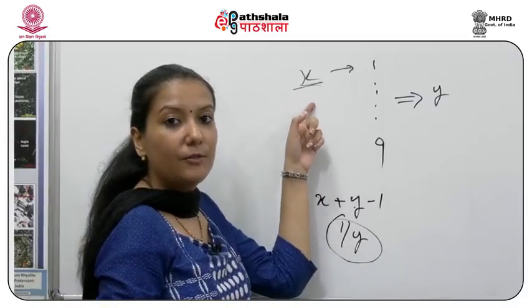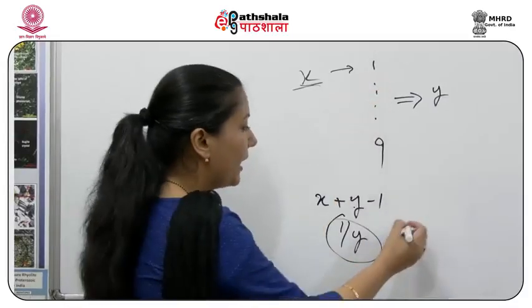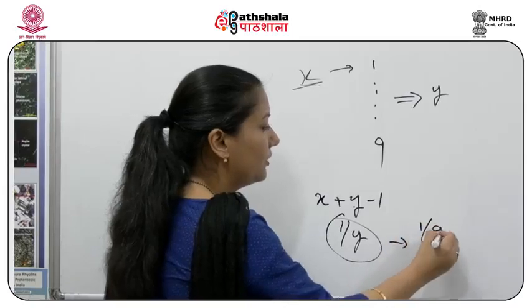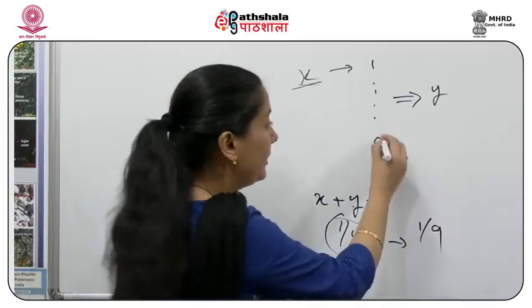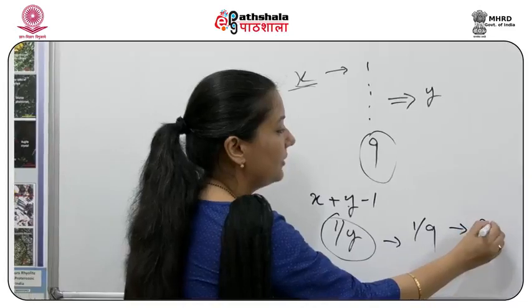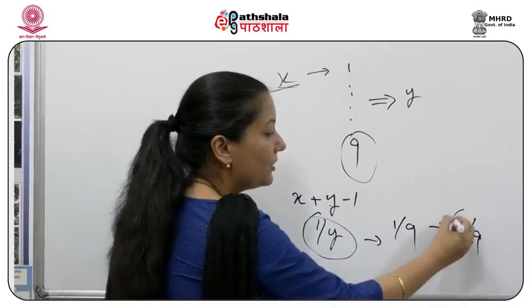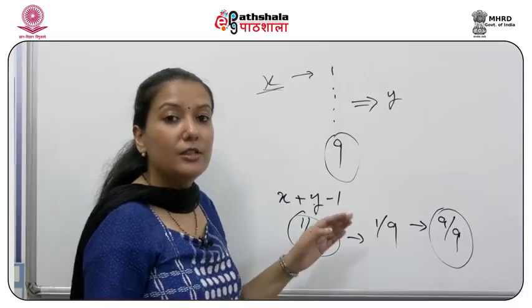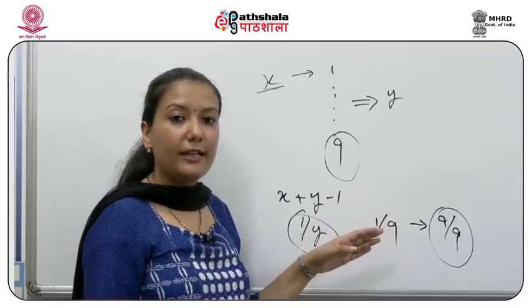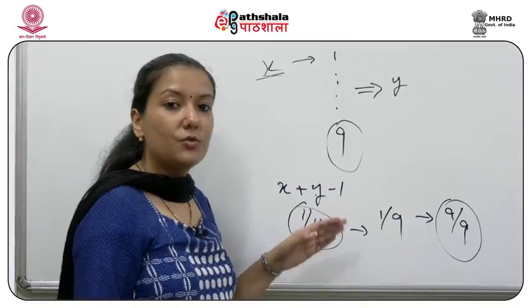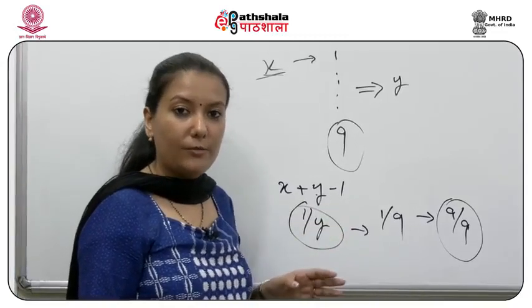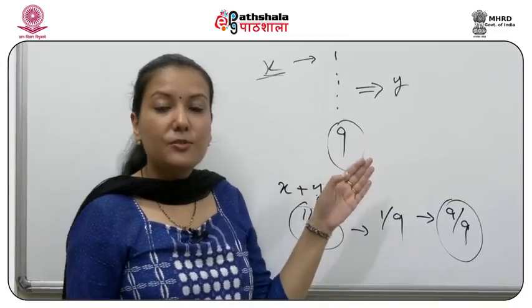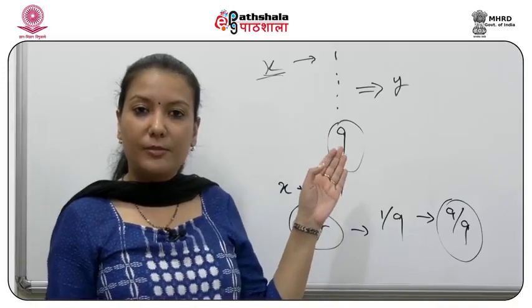So whichever layer we give the rank 1 would have a weightage of 1 upon 9. Similarly, the 9th would be actually 9 by 9. So you would notice that the highest weight would be given to 9 by 9. So these are the 2 methods based on the ranking. You can give the weightage to each of the layers which you have. Now this weightage based on the ranking was one of the methods.